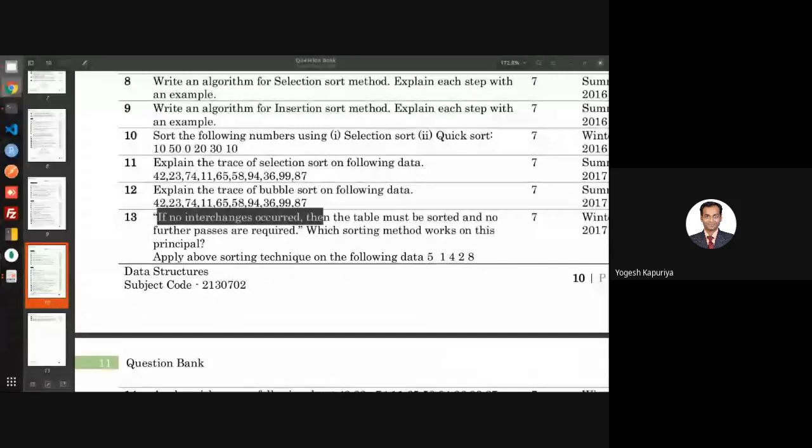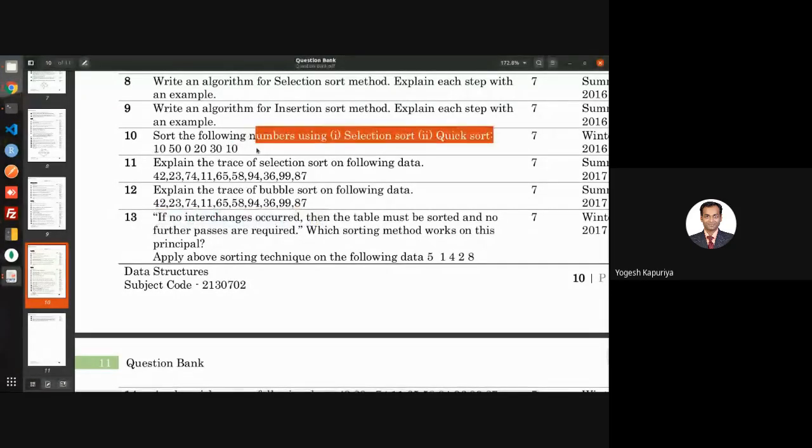Okay, so I think time is also over. I hope that you have understood the concept of every method. You are supposed to understand the algorithm, actually the approach. Most of the time, questions will be in this form only, that you will be given some numbers and you sort them using this approach and that approach. So just remembering the algorithm is not going to work. Those who are good at remembering things will struggle in this case, right? So better to understand the method and then remember the algorithm if really required.